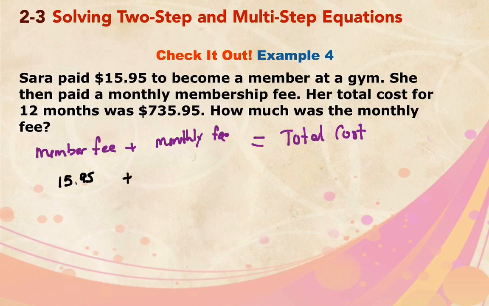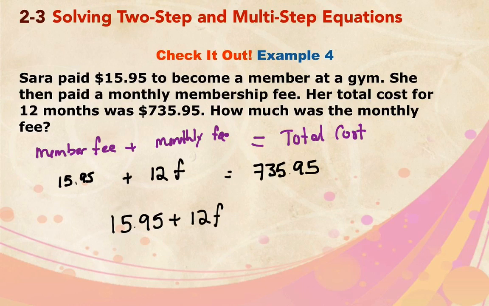Now we know that she went 12 months. Okay, and we don't know her monthly fee, so we're just going to name this F for fee. Total cost for the year was $735.95. So I can bring this all together here, and I'm going to just condense everything. 15.95 plus 12 times the monthly fee, which we don't know, equals